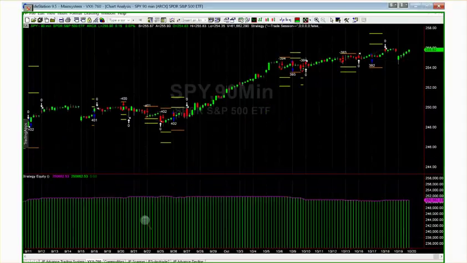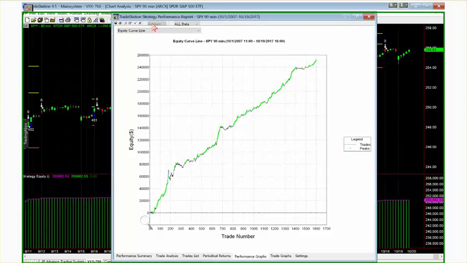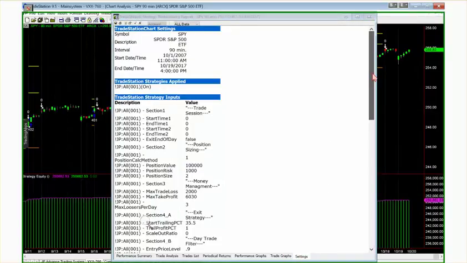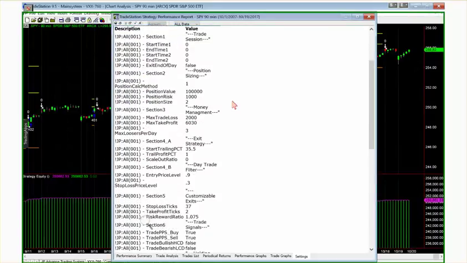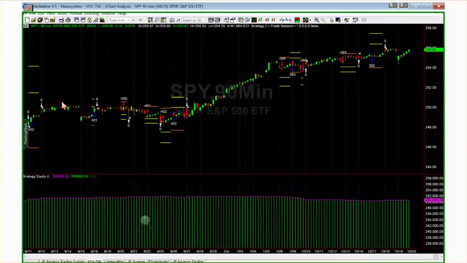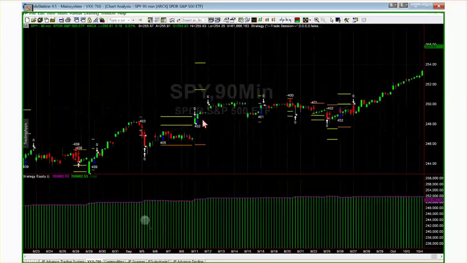This is a pretty stellar performance in the spiders as well, by the way. Again, it's not performance enhanced by position size. And what do I mean by that? It's based off of a $100,000 account. That's it. So as you can see, it's trading about the same amount of positions. It's not going crazy trading thousands of contracts, right? You can see that it's all around 400 contract shares each time. And so this is kind of a nice little performance.